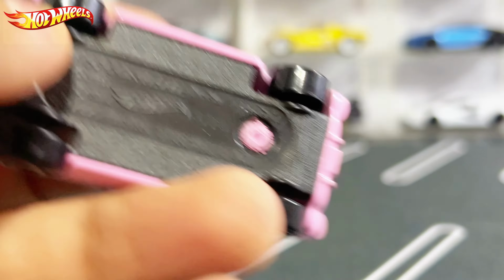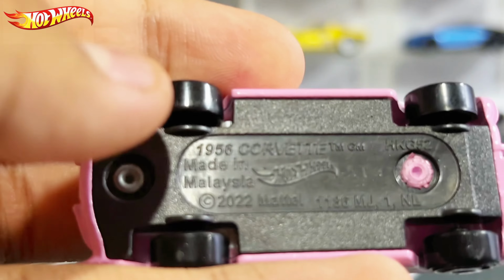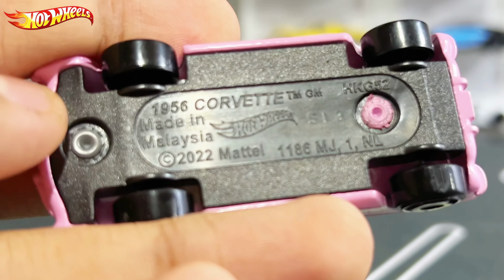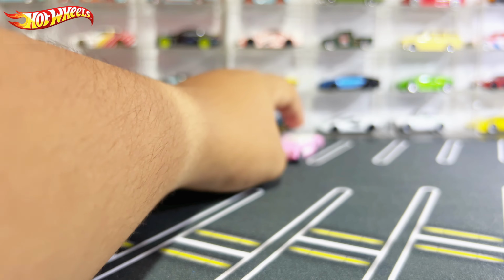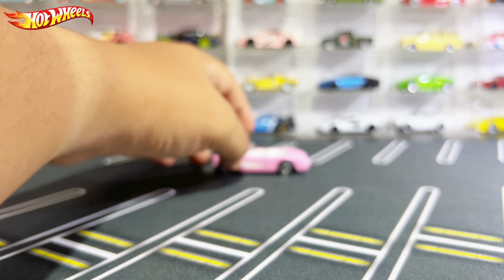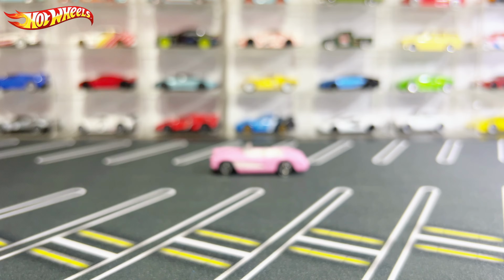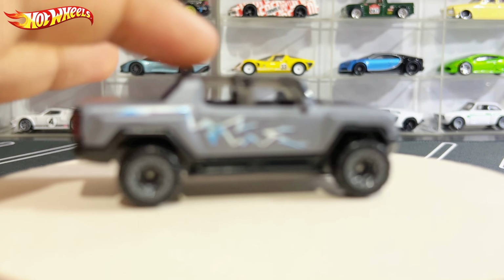So what does it say right here? 1956. 56 Corvette, also known as the Barbie Corvette EV, made in Malaysia, 2022 Mattel. Let's put it back here, and next to it will be, why do I put it like that? Yeah, there you go. Now the next car would be the 2024 GMC Hummer EV, which